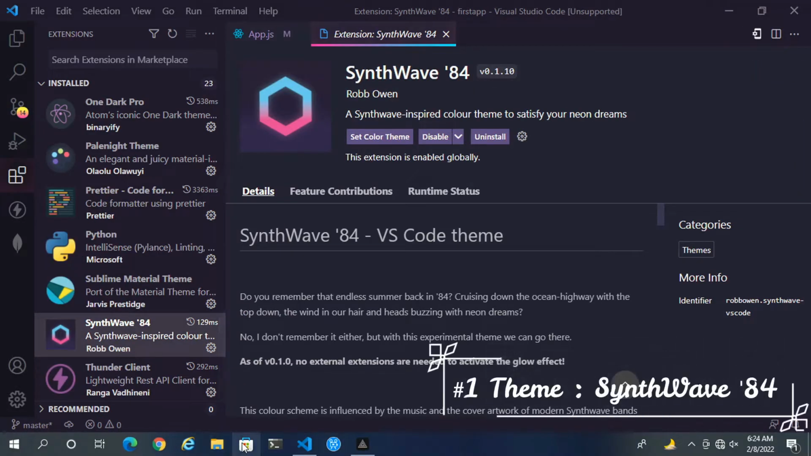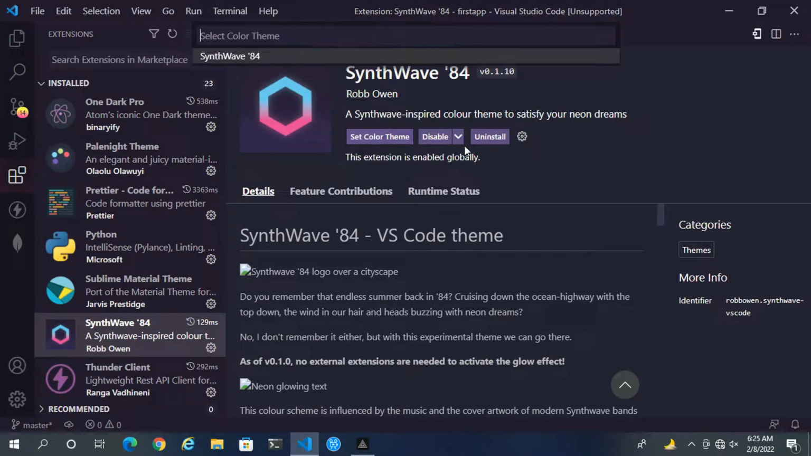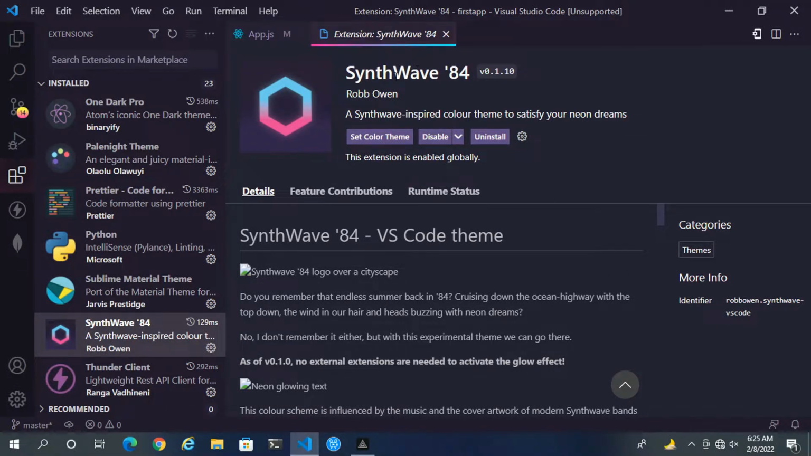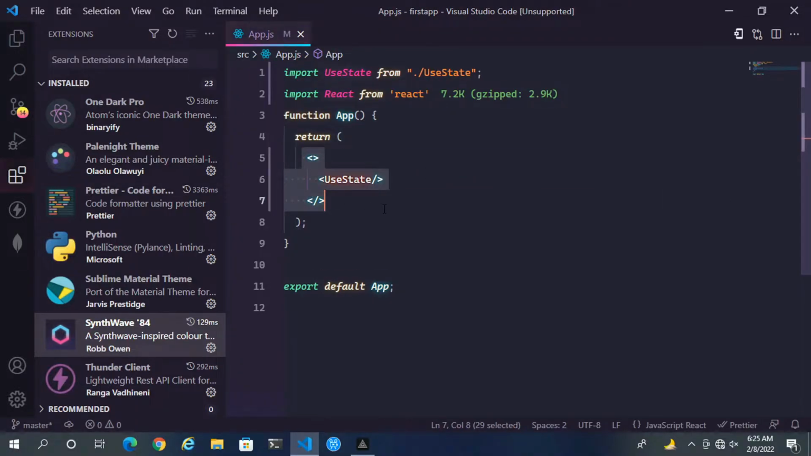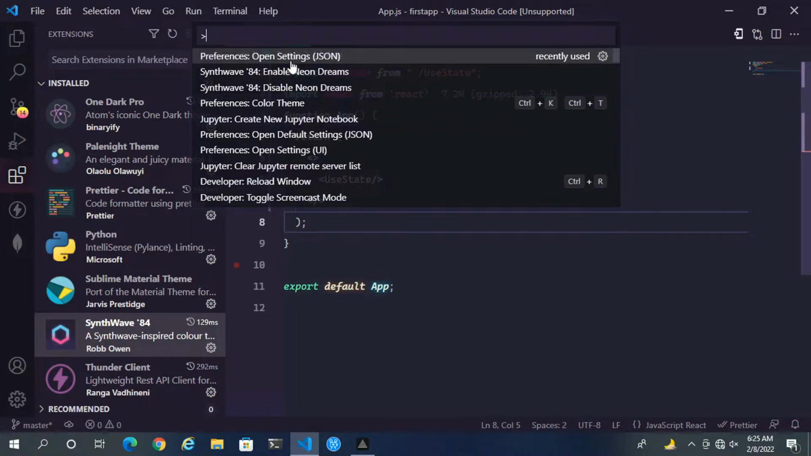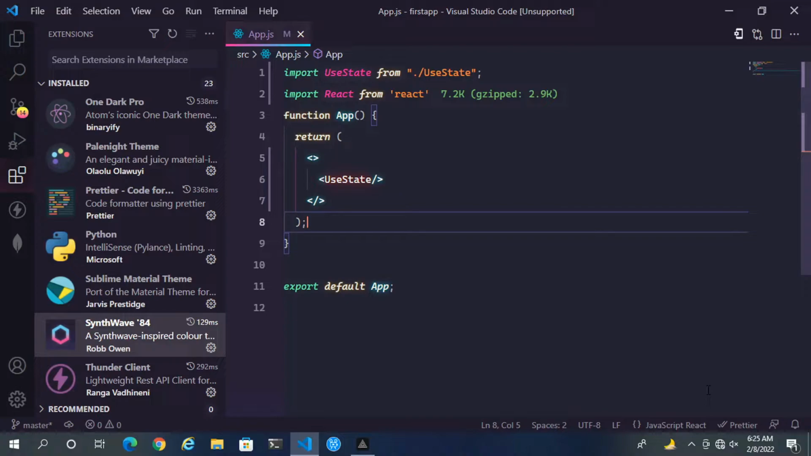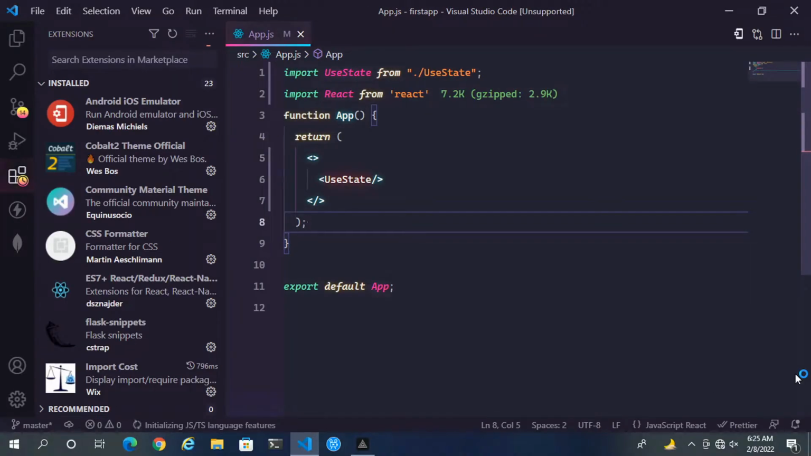The theme which I am using is Synthwave84. You can just type Synthwave84 in the marketplace. You will get this theme. Click on the set color theme button after installing and select this theme. After that, your theme will be set to Synthwave, but you won't get this glowing text. In order to get this glowing text, open up your command palette and enable Neon Dreams, and it needs a restart. After restarting your editor, you will get a nice glowing effect in your VS Code,